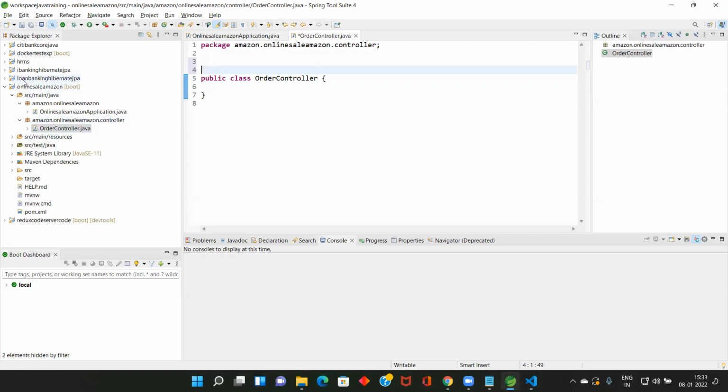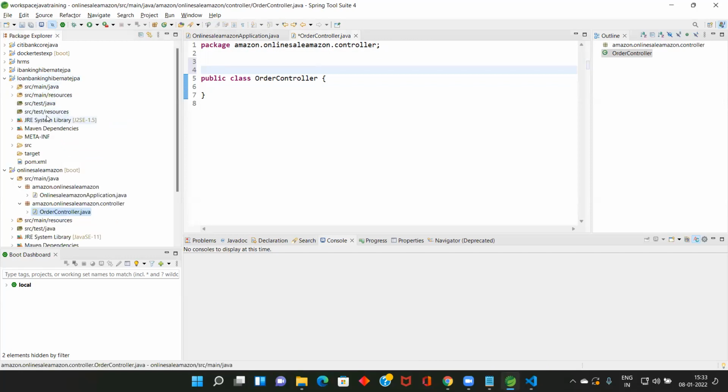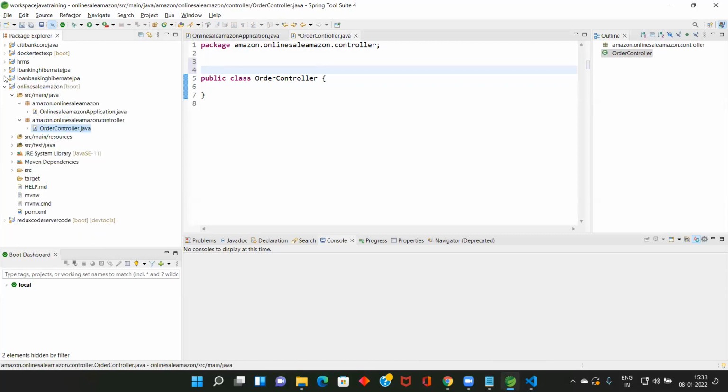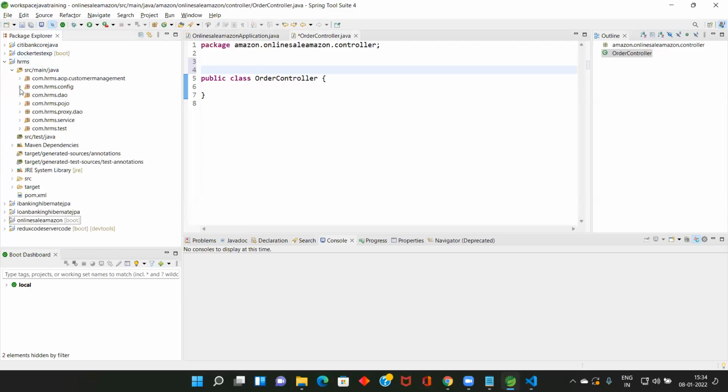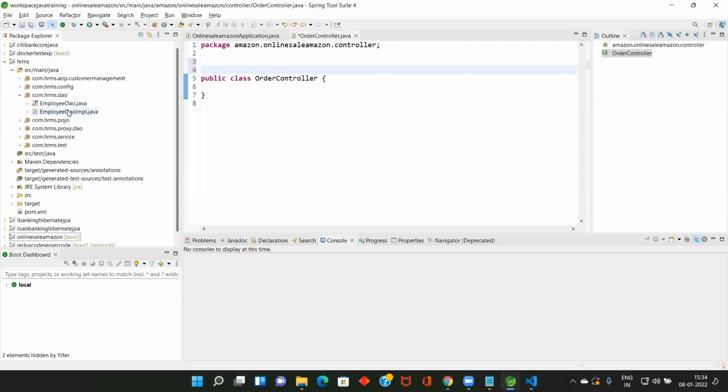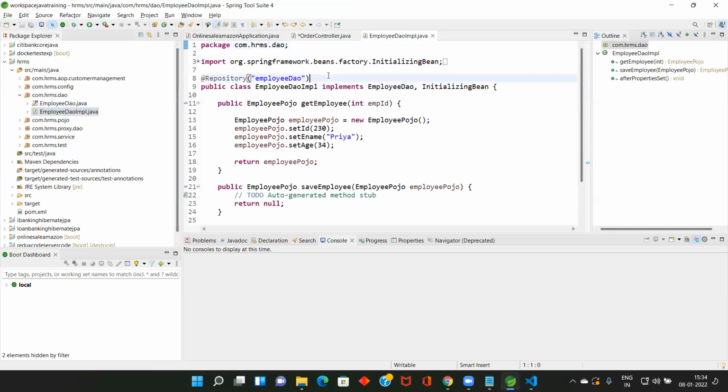See here, in the IOC AOP classes, the resource Java, the HRM one. On the day I created one class annotated with @Repository, we call it a repository class.